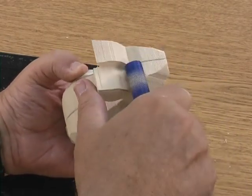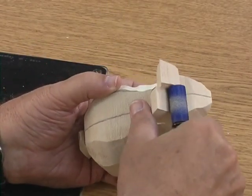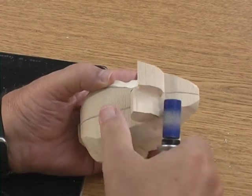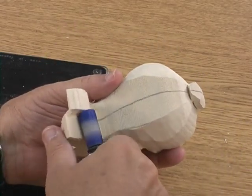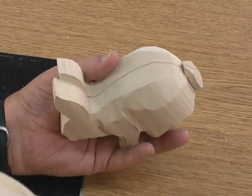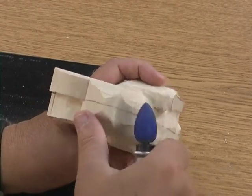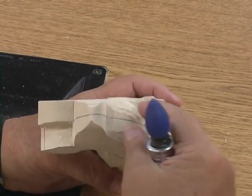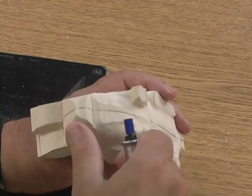I used the smooth end to come in and trace the outline of the ear, and the smooth end allowed me to stay here without cutting further, and I outlined the ears with this particular bit all the way. Then I switched to my large bit and I started cutting out in here under on the neck where all of that large curly coarse hair is on the rabbit. Then I went to the smooth end